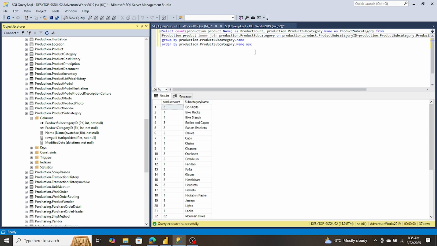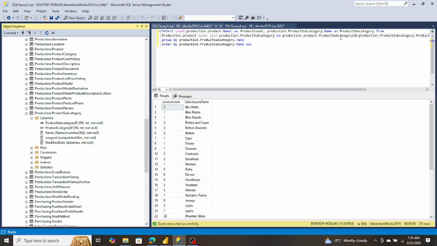So we join these two tables together, and then we join production dot product inner join production dot product subcategory on the common keys,